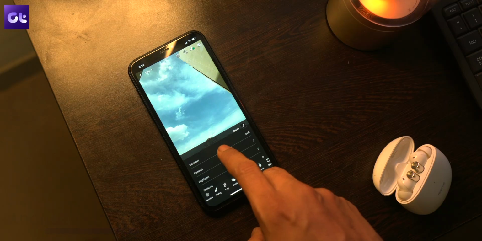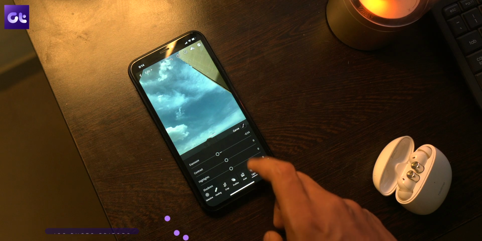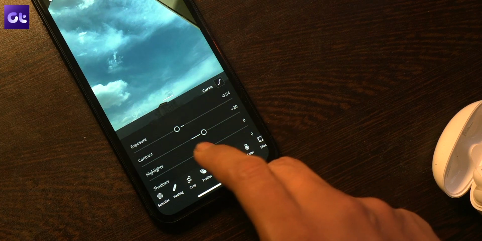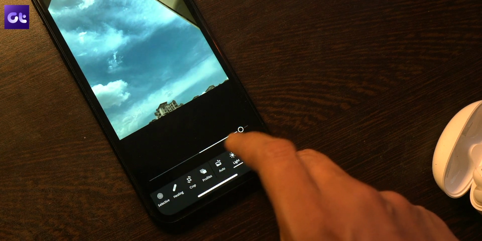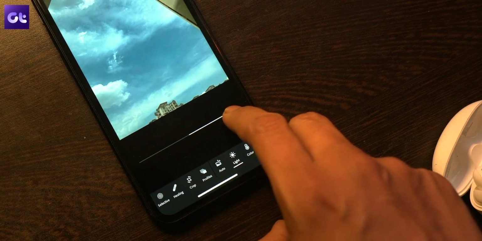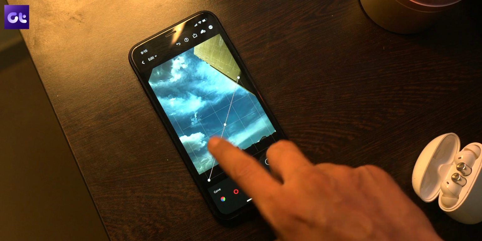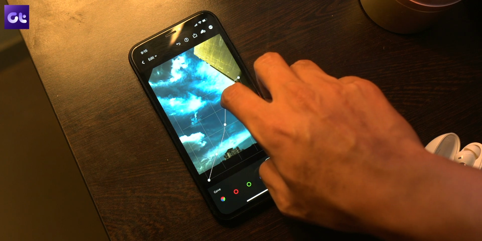Okay, so kicking things off, we have Adobe Lightroom. Now I used to recommend Adobe Photoshop Express previously, but I just found Lightroom to be better suited for my personal use case. Lightroom allows you to easily work with raw images and it offers all of its advanced features in a simple slider-based interface. Now these allow you to adjust the light, detail, color, distortion and grain of your photos. I know some of you will say that you need the CC membership for the full feature set, but trust me, the free version is more than enough for most users, especially those who are new to the editing world.